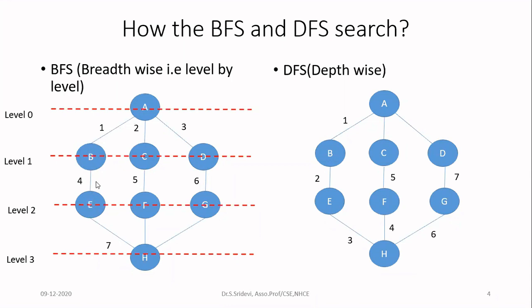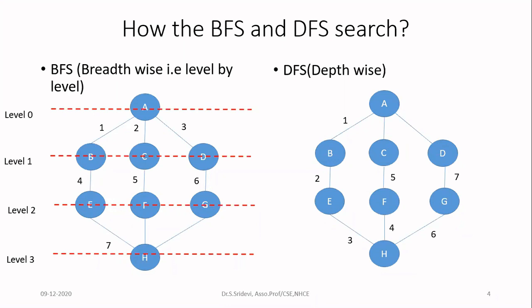Okay, so now in that, I have the nodes E, F, and G. So I will be printing them. After that, I will go to the next level. That is nothing but the neighbor of neighbor of neighbor of A. So those nodes will be printed. You will follow this search until you check all the nodes. Once you explore all the nodes, then you will stop your process. So this is called BFS, where you're going to search the nodes breadthwise.